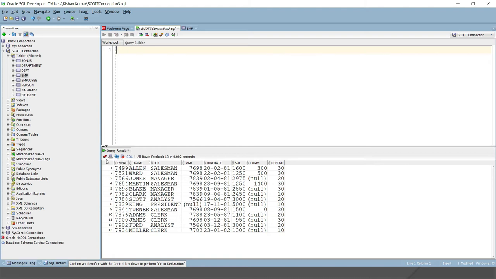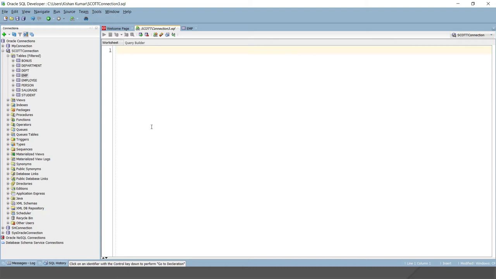So let me close this. Let's start with an example. Let's say I would like to display the list of all the employees whose salary is in the range of 1200 to 2000. Then how can we write a query? We'll write select, and if you want to select a few columns, then give the names of those columns. If you want to select all columns, then simply put the asterisk.